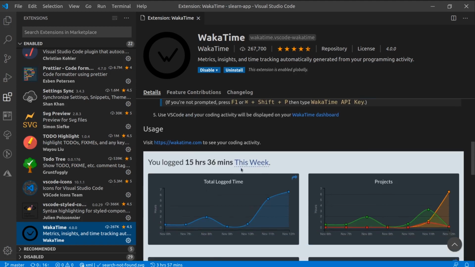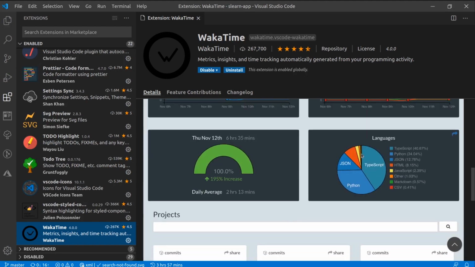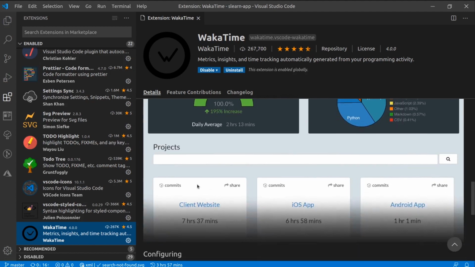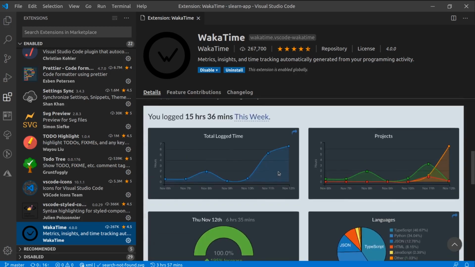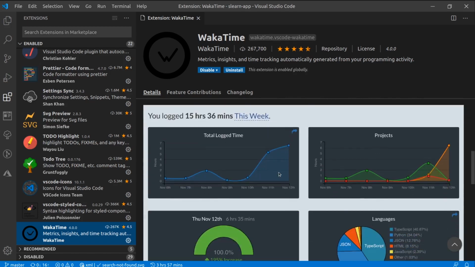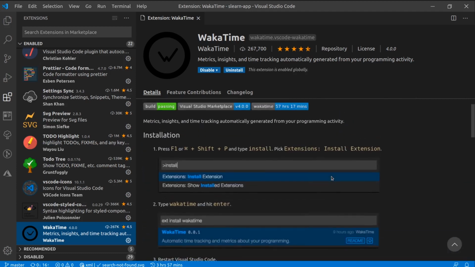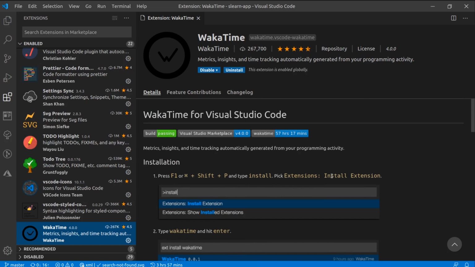It gives you a dashboard, how much you coded this week, different statistics, like what languages you've been using and so on and so forth, what projects you've stumbled upon, like whether you've been working on an Android application or iOS application, and the time depending on all of these. It just gives you really customized and deep statistics that I really liked. It even gives you what projects you've been working on with graphs and diagrams showing you what you did for the past couple of months or something like that. This one is really awesome,